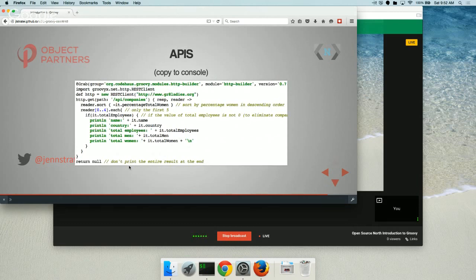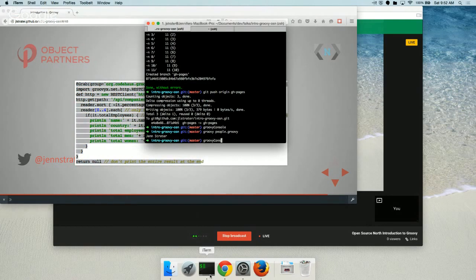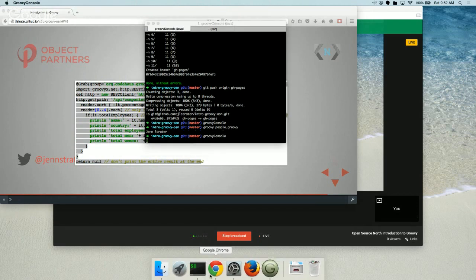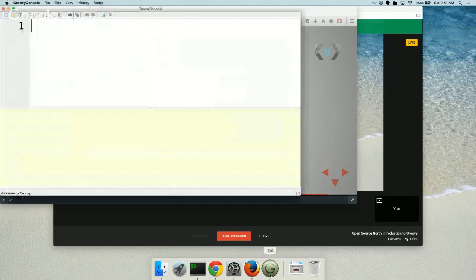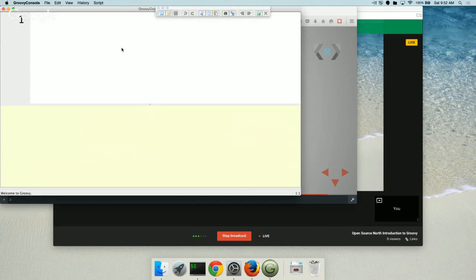So the next example, getting a little more complicated, trying to put some things together, is an API example. So I'm going to grab this. I'll open my Groovy console again. Okay. Oh, it did keep the big font.